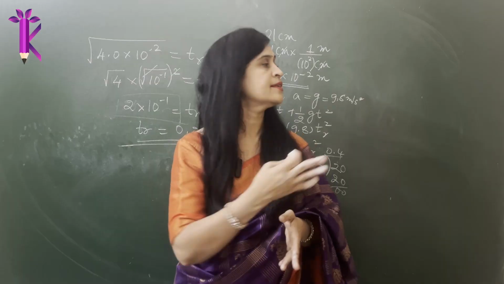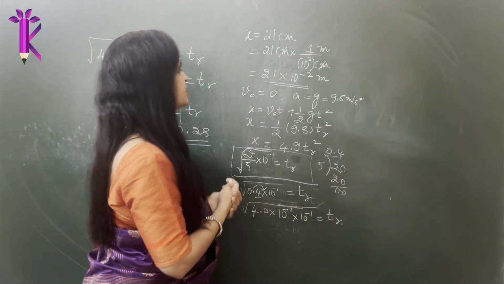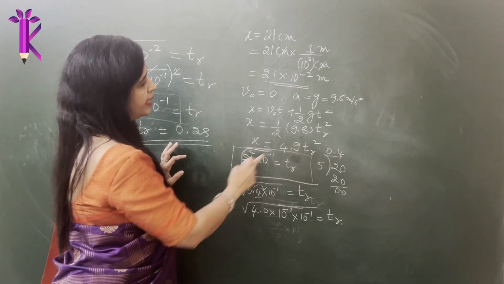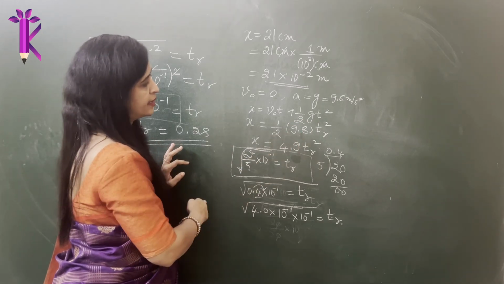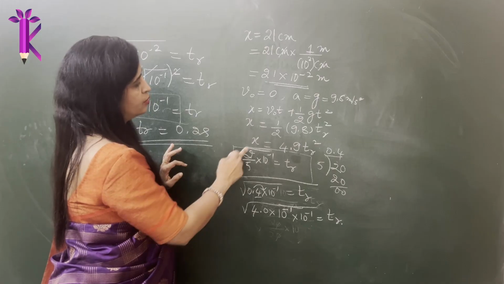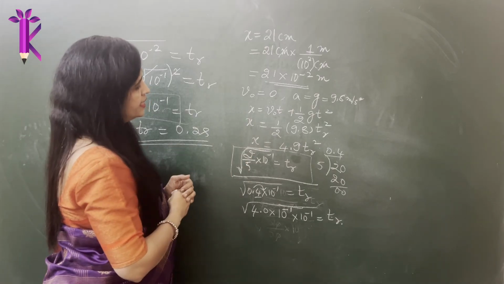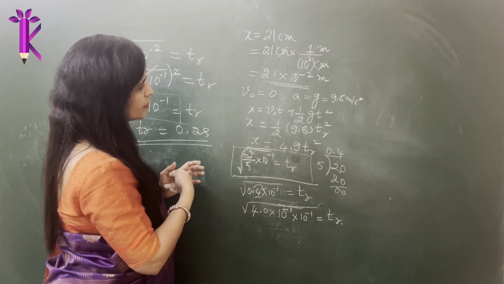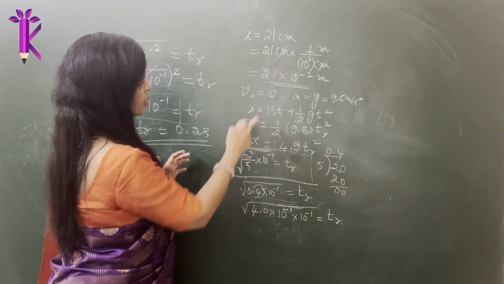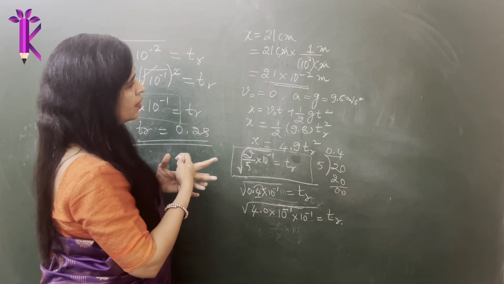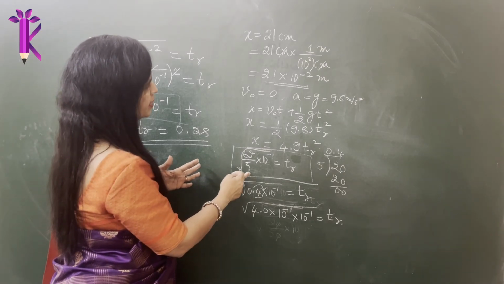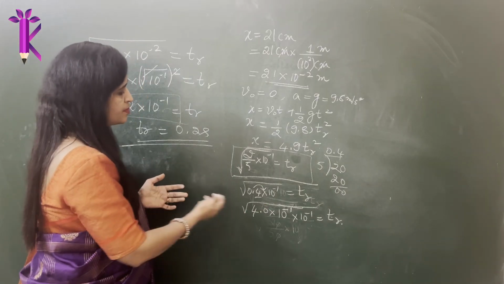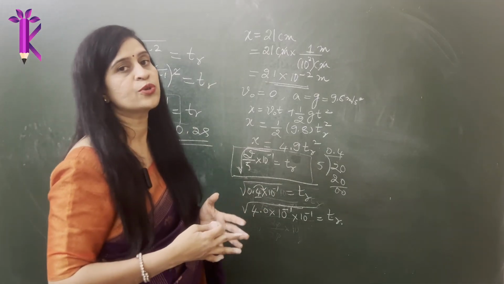I hope it was clear. You saw how we arrived at the expression. It is basically x equals v naught t plus half g t squared. g is 9.8, and 9.8 divided by 2 was 4.9. tr squared, you took the square root, x divided by this, right? The distance was 21, and we approximated 4.9 to be 5 and arrived at the result. This is how you do your calculations.